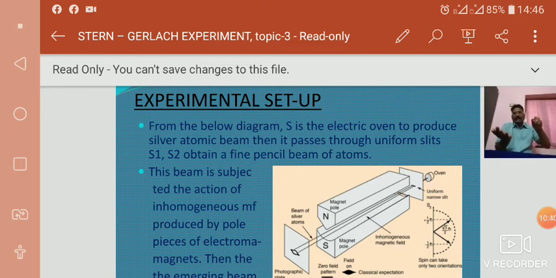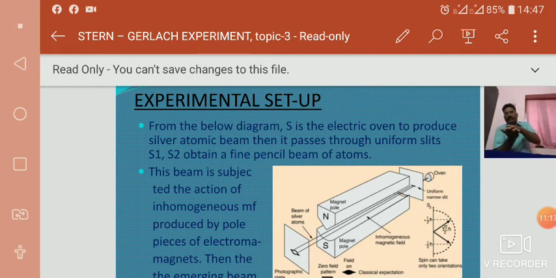inhomogeneous magnetic field. Otherwise the magnetic field is homogeneous, that means a uniform magnetic field. The silver atomic beam passes directly through the magnetic field and touches the photographic plate. There is no change of spectral line. It will be obtained as a single strip. Whereas, if the magnetic field is inhomogeneous, meaning a non-uniform magnetic field, the flat surface and the magnets are specially designed.